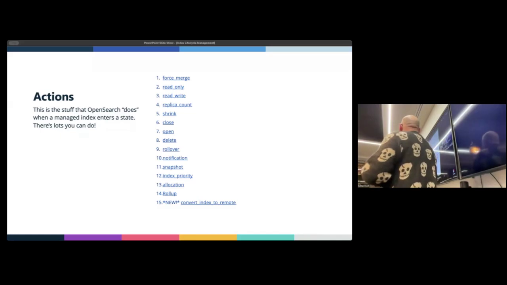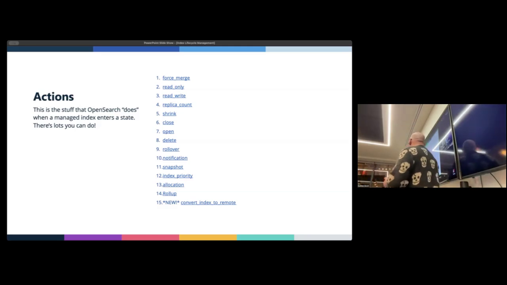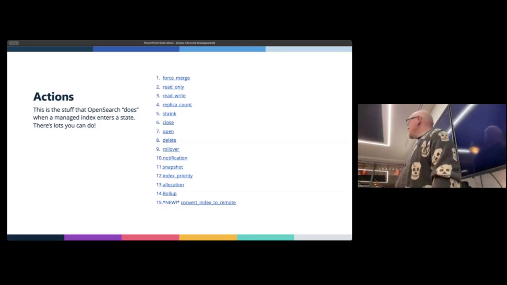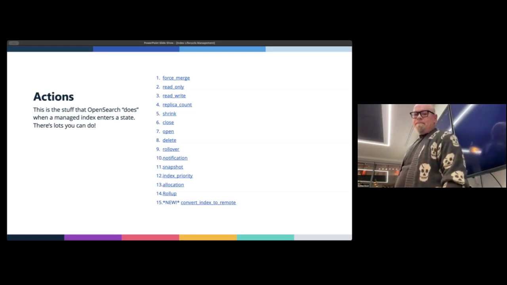I can pretty much point out without much hesitation that usually the most helpful are roll up, snapshot, roll over, and maybe delete. Sometimes shrink and force merge are helpful. So if we get time or if anyone wants to ask afterwards, I'm happy to discuss at length those things. But those are usually the most helpful things.